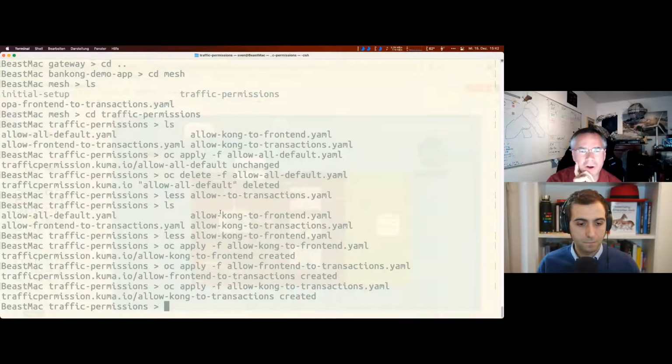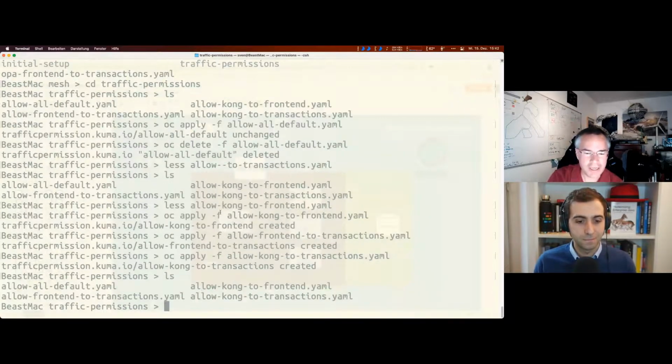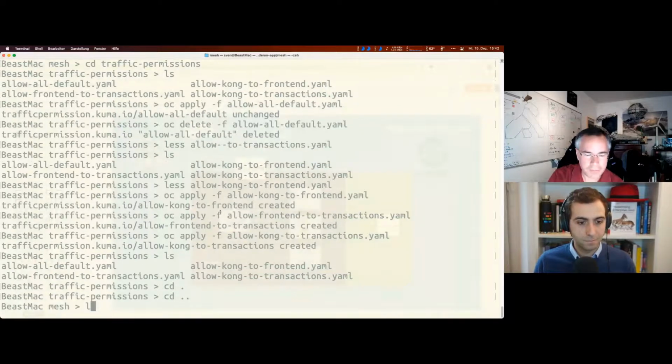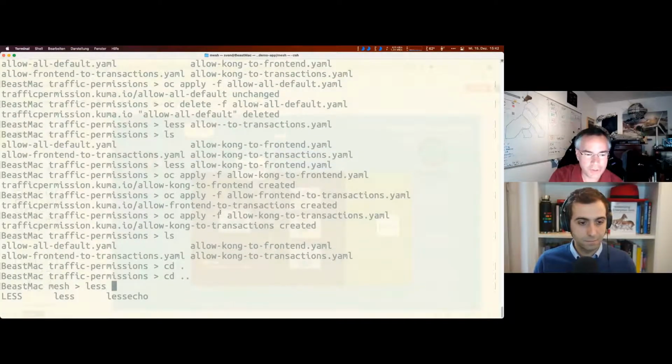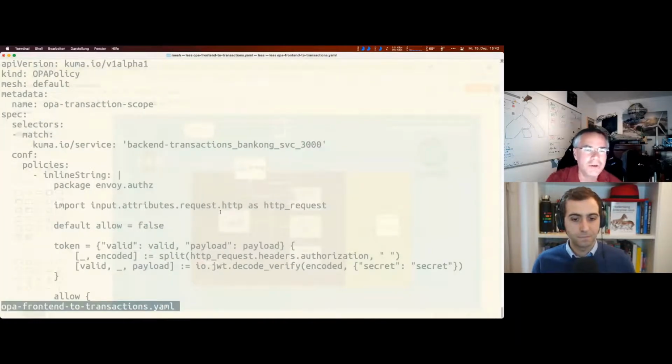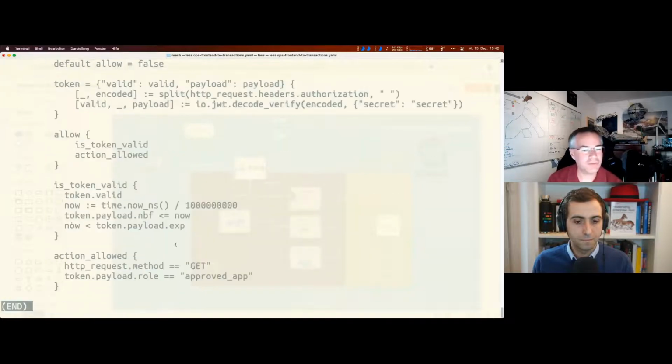On the call, we are already authenticated using Kong. Kong already has created a token. You remember we have logged in, so we have already a token in place. So we can also in the mesh apply a policy where we can look into the token. This is done using a protocol or a technique called OPA, Open Policy Agent, very important security pattern in a modern CNCF stack,